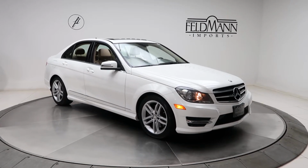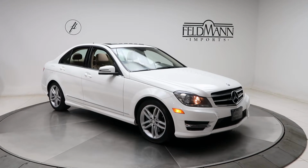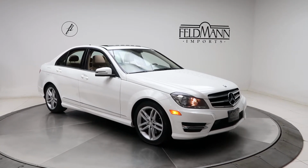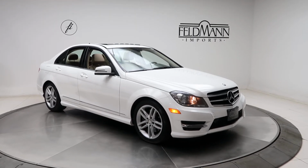Today we're taking a look at a 2014 C300 4MATIC. This one's polar white. Underneath the hood is a 3.5 V6 pushing out 248 horsepower and 251 pounds of torque. This one does come with the sports body styling. We've got 17-inch 5-spoke alloys,